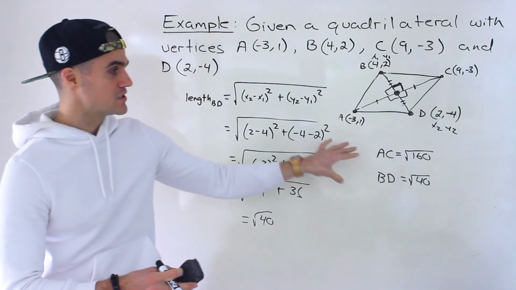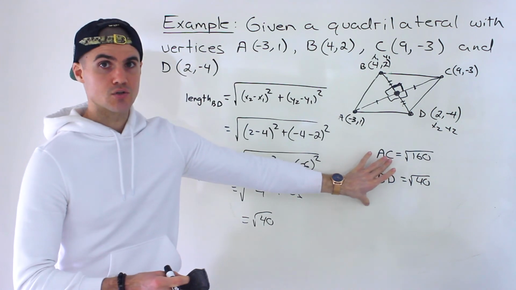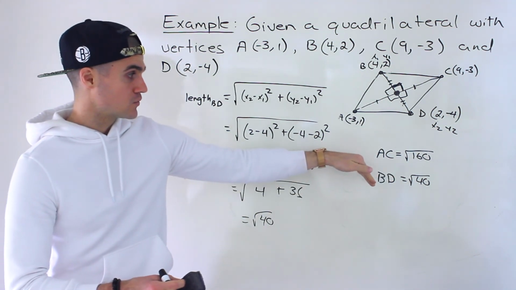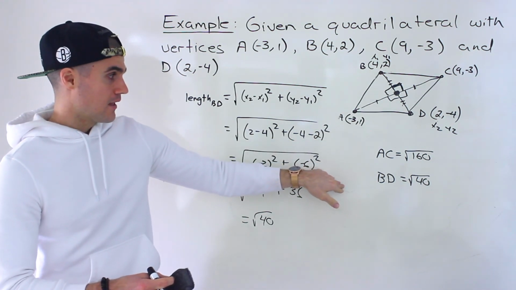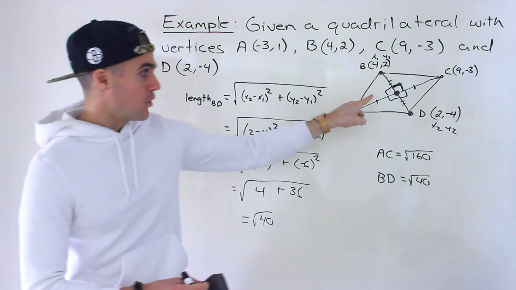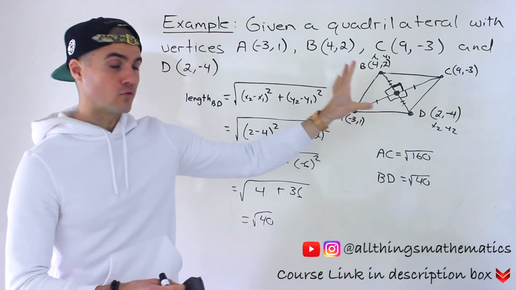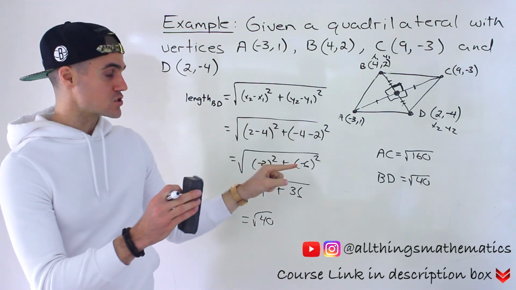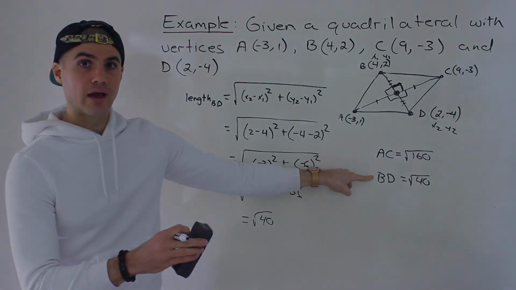Okay, and it's because we're dealing with that case where we have a rhombus, which is not a square. But in the next video, we're going to deal with a case where we have a rhombus that is a square, and that property of the diagonals bisecting each other at right angles is still going to hold for that. That holds for any rhombus. But then we're going to see that when we're dealing with a square, the diagonals are also going to have equal